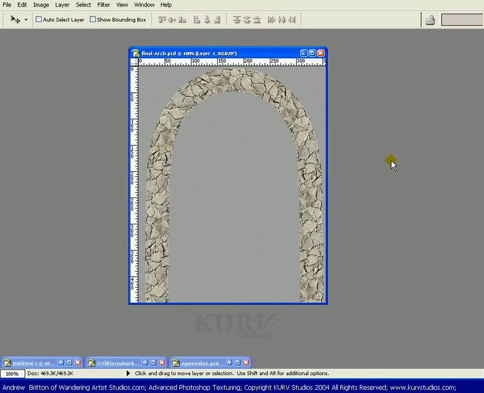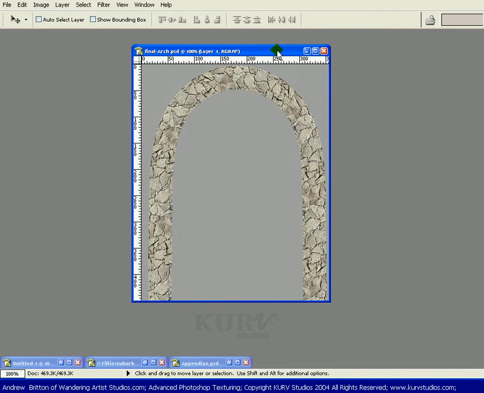So this is what we created at the end of the Arch creation chapter earlier in the DVD. Now you might be asking yourself, why did I even go through a 3D program to do it? Being a texture artist for EA for a few years, I had access to Maya and Photoshop, and between using the two programs, trying to make this shape and have the texture curve around, I've found to be extraordinarily difficult to get done inside of Photoshop, but it takes mere minutes to do in Maya or whatever other 3D program